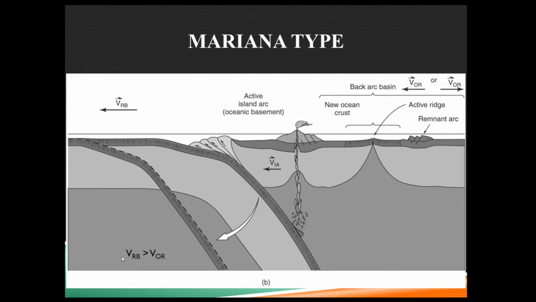Here, the velocity of the rollback is greater. So this rollback is moving left faster than this overriding plate is coming. This is causing tension. It's causing stretching. Basically, this part has to move left faster than it's being pushed from behind. Therefore, it actually causes stretching. It causes tension and extension